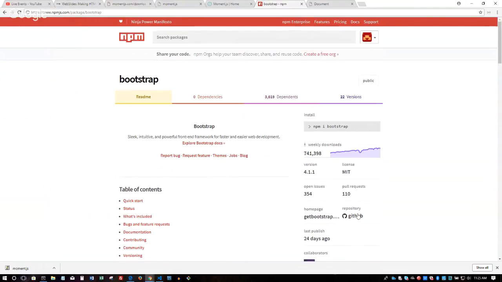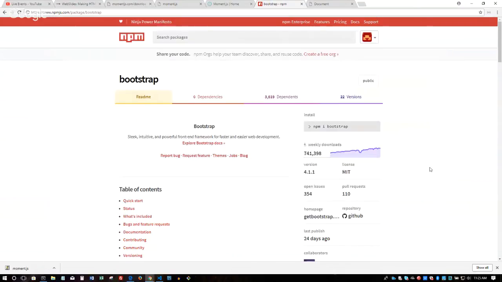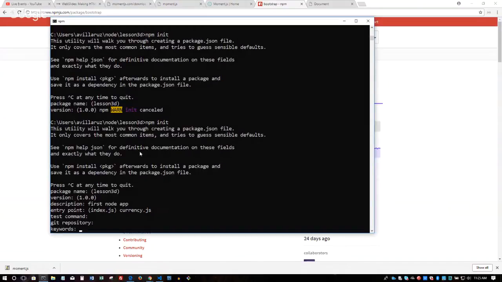See that by default, there's a link for the GitHub repo for Bootstrap, as well as every other module page looks like this. So whatever you enter in the GitHub field will appear here. Whatever you enter in the keywords will appear in the keywords field. So when people are searching for a keyword, whatever keyword they type, that's what you're actually doing here.